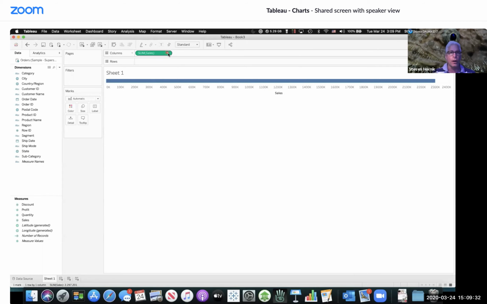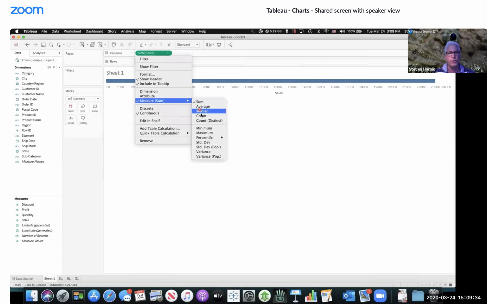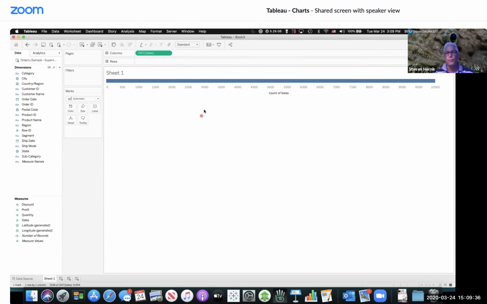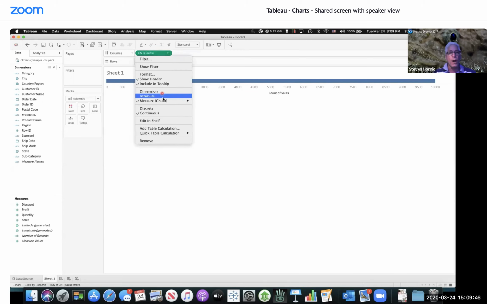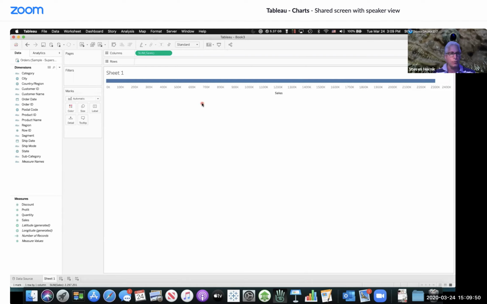So we can change the aggregation that Tableau is doing. I forgot to do one count. Let's just do it. This is how we get our 9,994 number of records that I was referring to earlier. So play around with that, again, to make sure you understand what a measure is all about. And then what dimensions